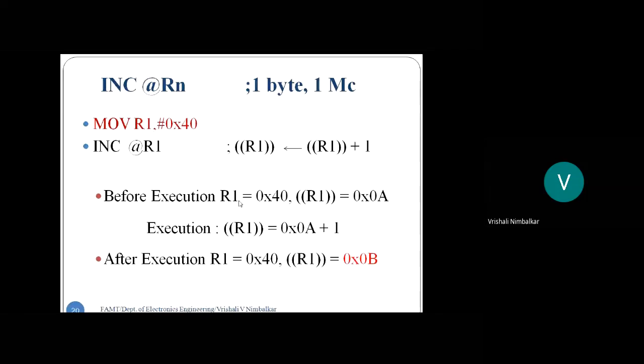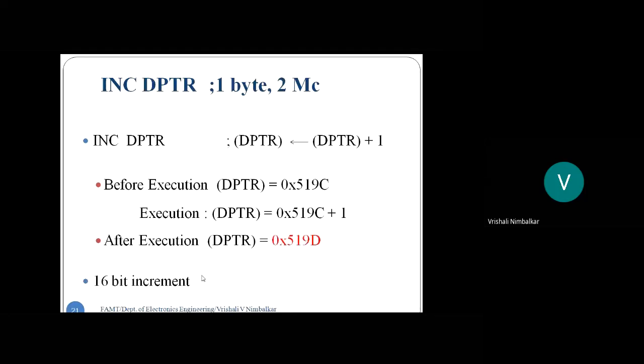So before execution, suppose R1 was 40 hex address. At this address, you had stored A hex. During execution, what will happen? The data pointed by R1, meaning A hex, is incremented by 1 and stored back in the memory pointed by R1. So after execution, R1 will have the same address 40, but at that address you will find the result B hex. And that's a 16-bit